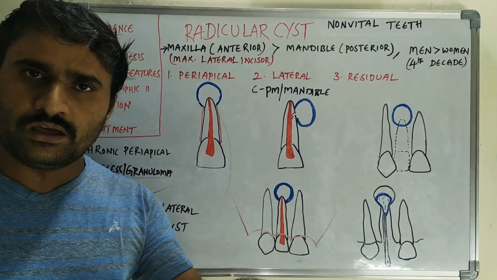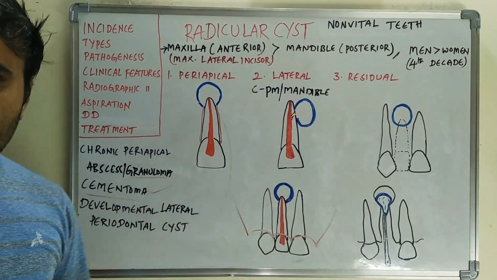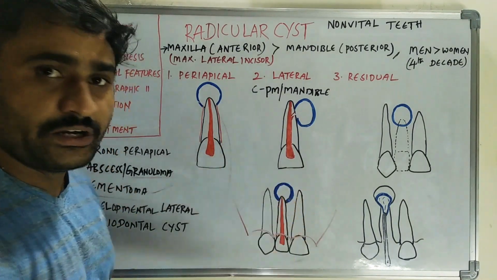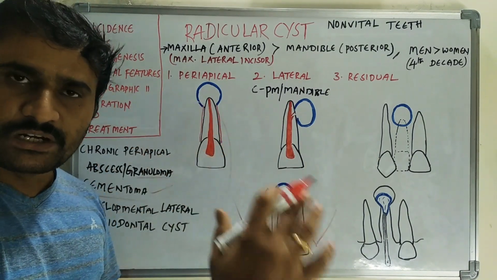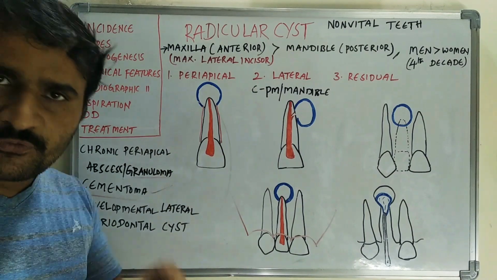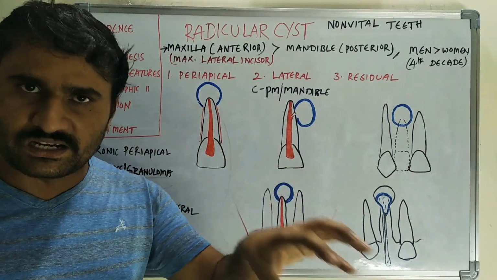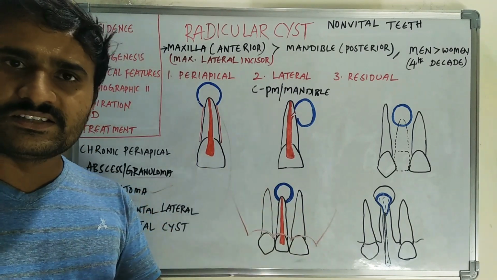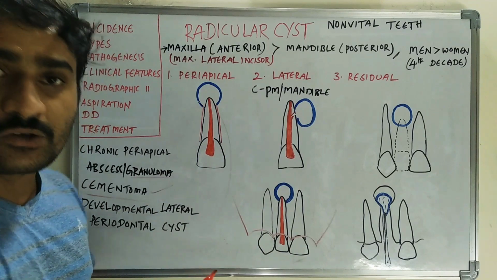You have to follow the principles of incision making, and elevate the mucoperiosteal flap. After that, you have to prepare a bony window, and then completely enucleate, that is, completely remove the cystic lining. If the involved tooth is mobile, or there is excessive interdental bone destruction, in those cases you have to extract the tooth,